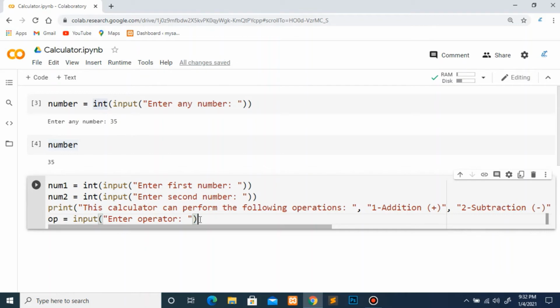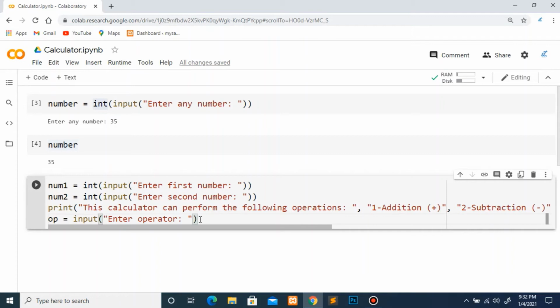So the logic that I am going to use here is very simple and basic because I didn't explain functions yet, so I will not use functions here. I will just use the conditionals and I will make a simple calculator here. So the logic will be, think about it, what could be the logic.